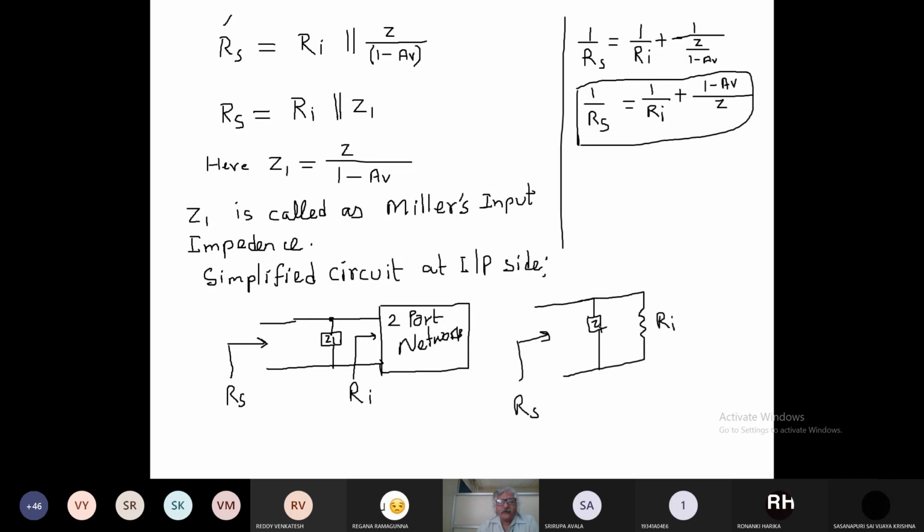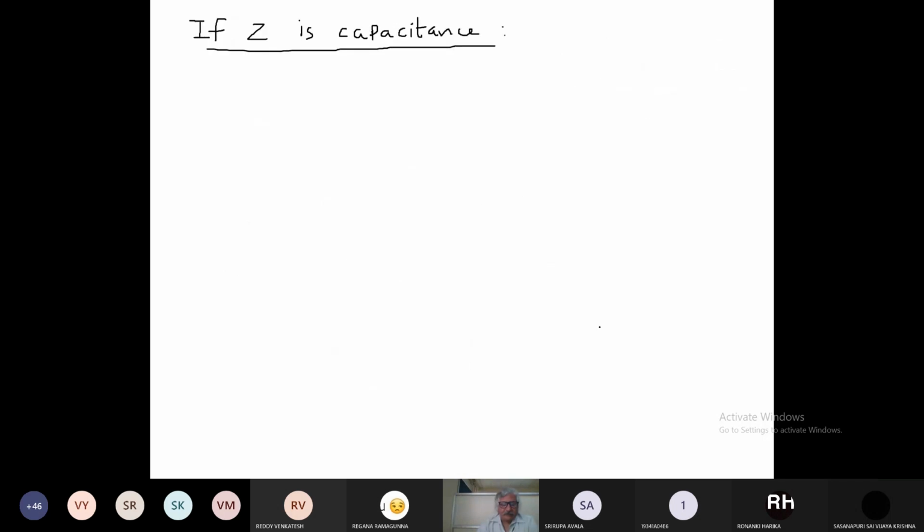But suppose if Z is a capacitor, right? Then if Z is capacitive reactance, then